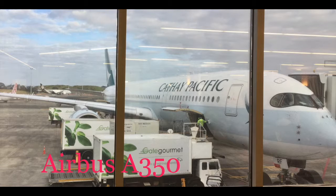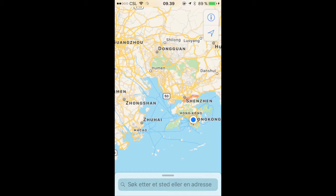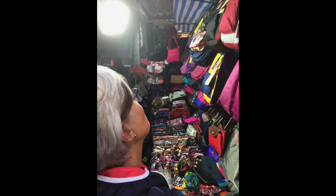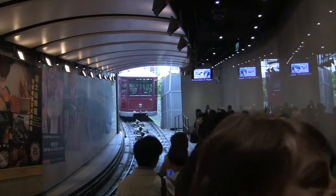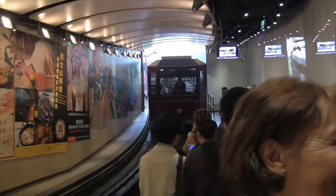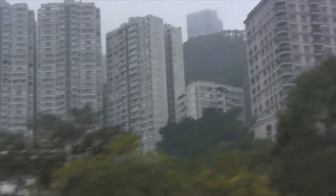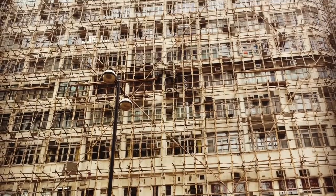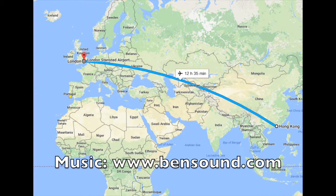There is a 12-hour flight to Hong Kong, where you can spend at least 2-3 days. It's easy to spend 3 days in Hong Kong. You can visit the different markets, the night market, the jade market, the flower market, and also the bird market, and go up to Victoria Peak, and if you're lucky you can even have some view, not sitting quite in the clouds. And after this you are probably well prepared to return to Central Europe or Scandinavia